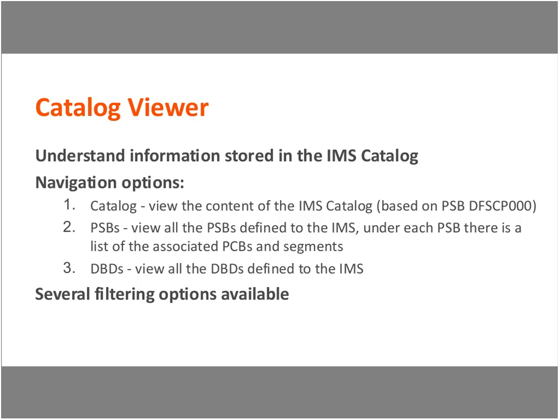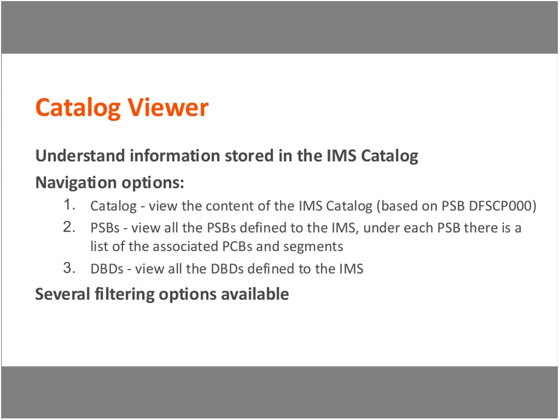So navigation options are via the catalog HALDB database, or you can do navigation based upon PSBs to view specific PSBs or all PSBs that are defined in the catalog, and under each PSB there is a list of associated PCBs and segments, and you'll see the data that's actually loaded into the catalog for that type of metadata. The same thing is true. Navigation can be done at the DBD perspective so that you can view all the DBDs that are defined in the catalog